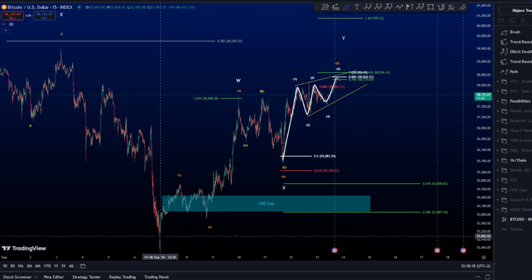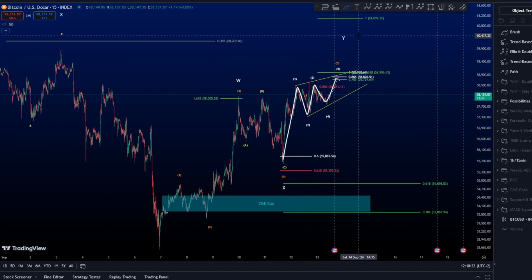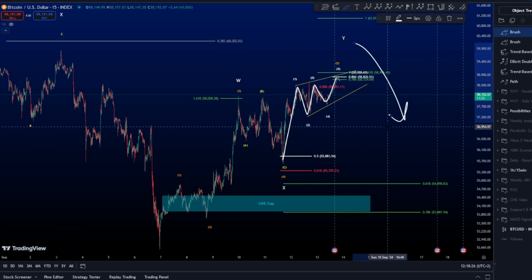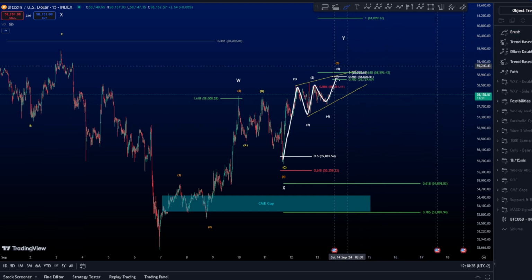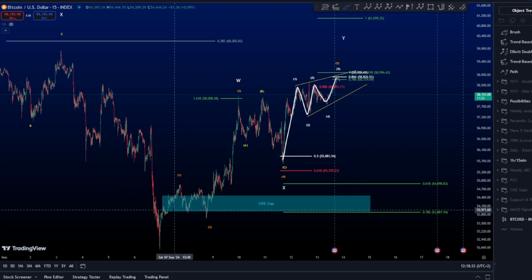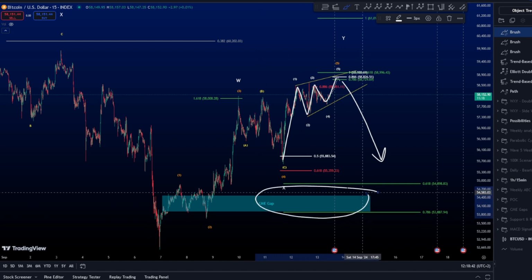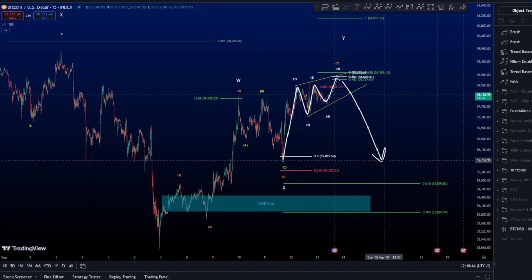Okay, in WXY, it means this is a corrective, and we are looking, of course, for higher prices first, but then we're gonna move down again for another pattern. However, if we finish a wave 5 beautifully, and we confirm that this is a nice impulse, then we want to look, of course, towards the downside, closing this gap, preferably closing this gap, because we want to close